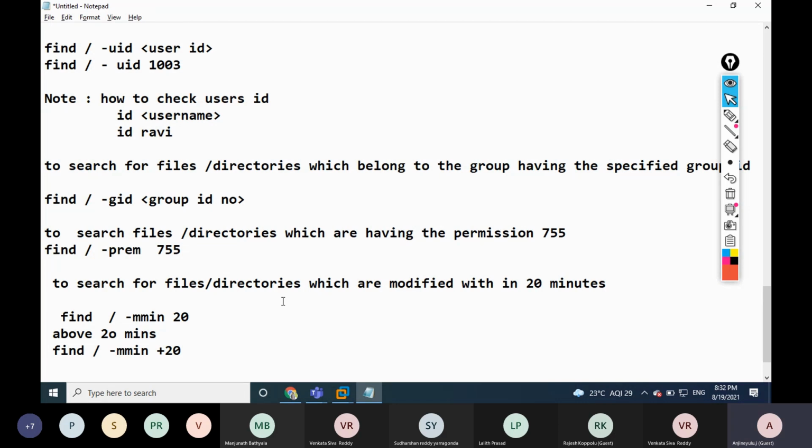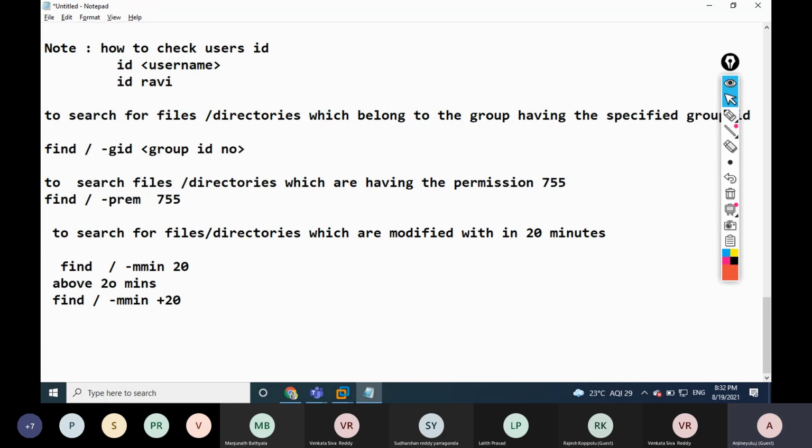Very simple. So below 20 minutes, find hyphen mmin, then hyphen 20.